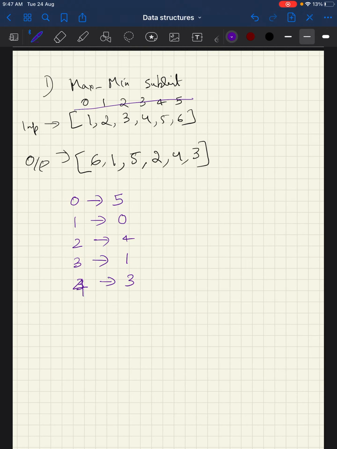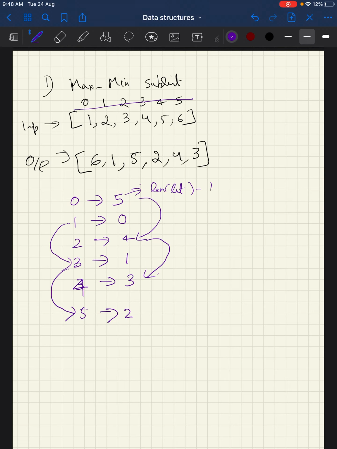Likewise, we see a trend here, that for even positions it is actually decreasing. So 5 is basically the len of list minus 1, if this is a list. And then you see that it's a decreasing sequence for even positions, starting from the larger number, I mean the len of list. For the odd positions, you see that it starts from 0 and is an increment, right? And I think for 5 it is going to be 2, right? We can predict what the pattern is going to be.